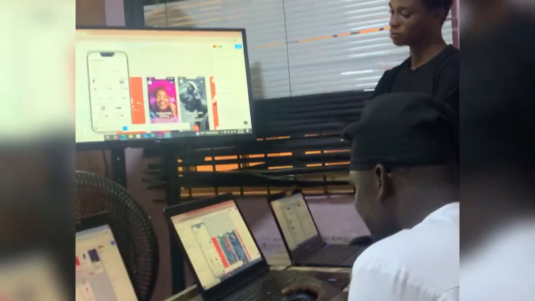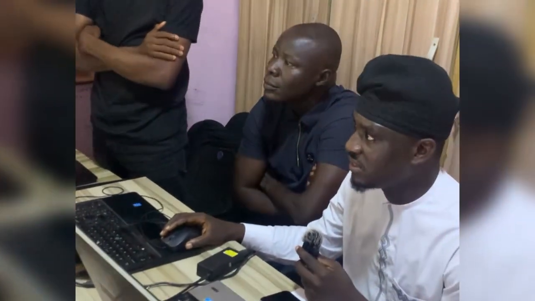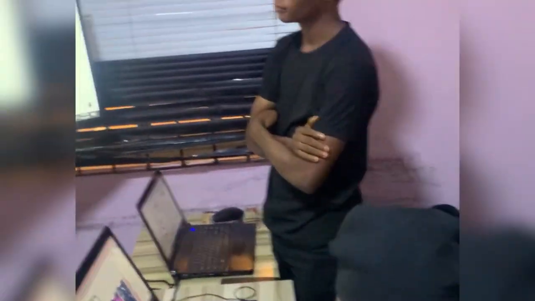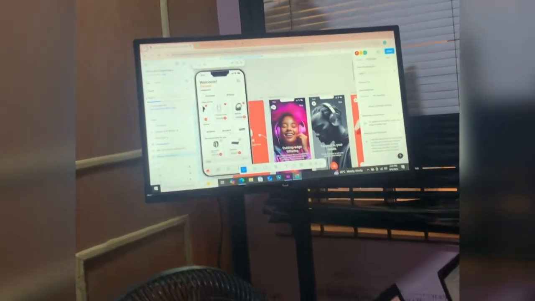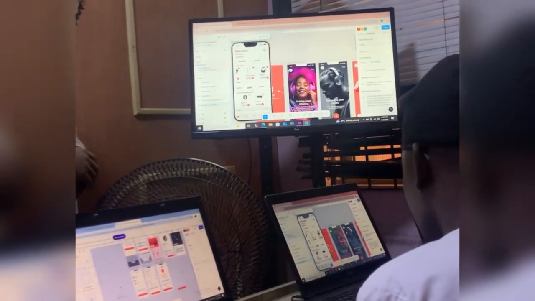The uniqueness in this design is that, for example, most apps only work on a single brand. But here we have different kinds of brands. Here we have Oraimo, we have Sony, we have Samsung.